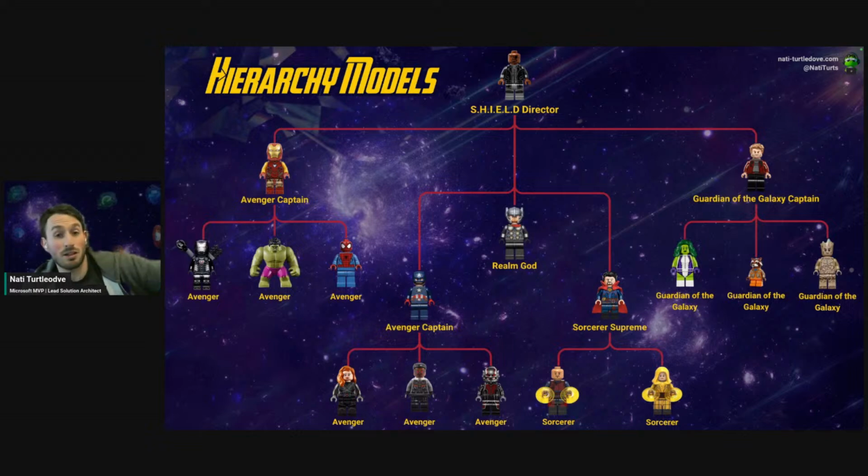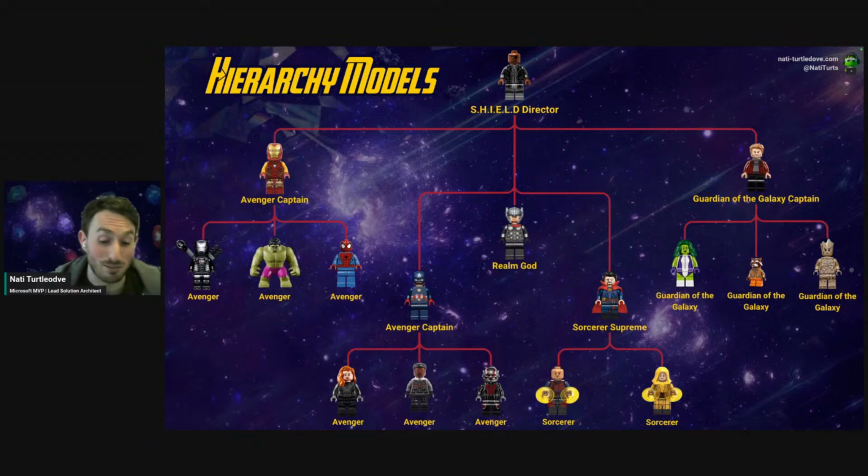I'd say 50% of my time spent on this presentation was getting all of these little Lego icons off the internet. Ironically, you had to search for them individually and remove the backgrounds from them individually, which was an absolute nightmare. So if anyone ever wants to use some of these icons, let me know. I've got a repository of around 100 of them now. So reach out, they're all yours.